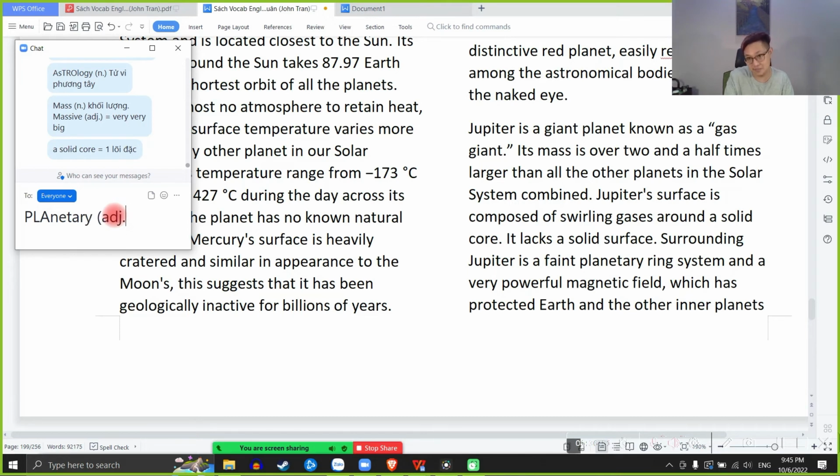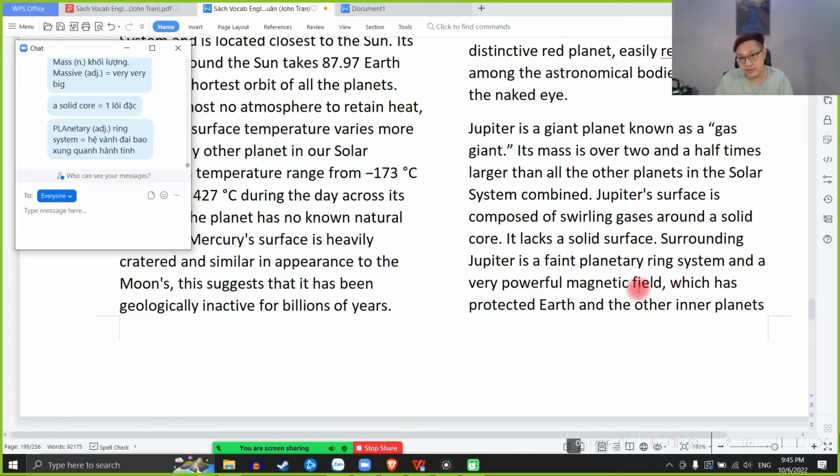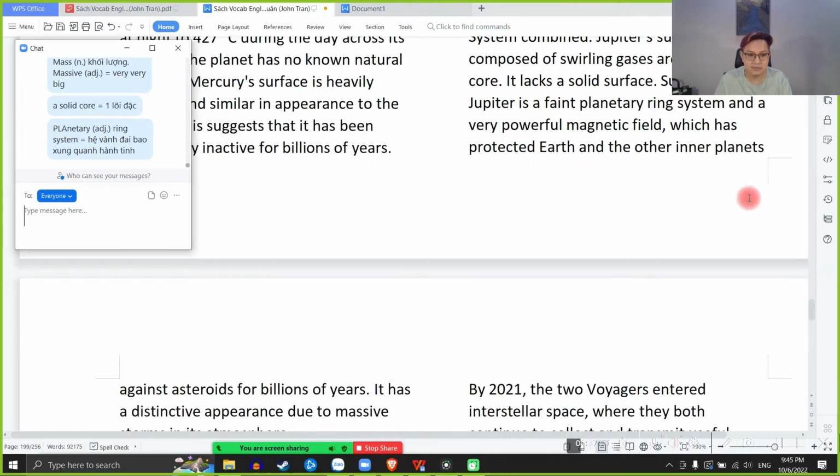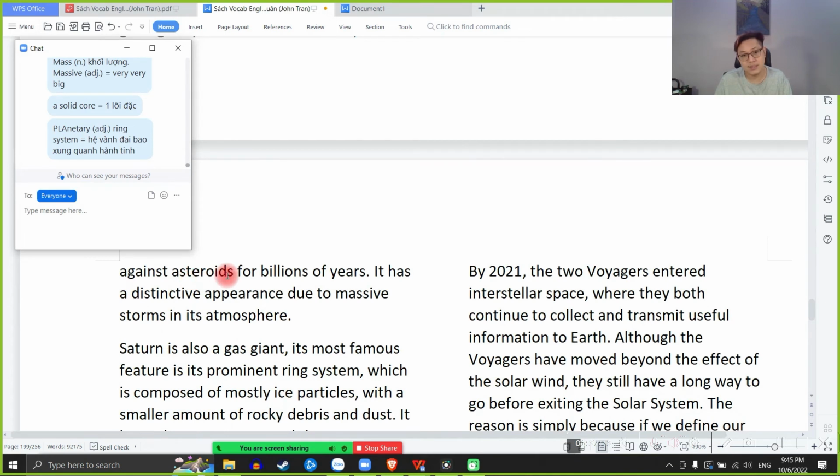Planetary is an adjective of planet, of course. Một cái hệ mà gọi là hệ vành đai. Hệ vành đai bao xung quanh hành tinh. Và một cái magnetic field, một cái từ trường rất là mạnh mà nó đã bảo vệ trái đất và những hành tinh vòng trong khỏi asteroid, khỏi thiên thạch cho hàng tỷ năm rồi, cho nên chúng ta nợ